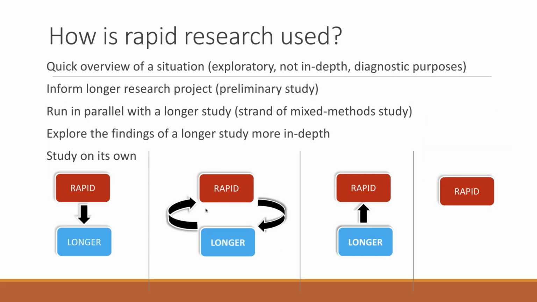Another takeaway message, I guess, is also to think of different ways in which rapid qualitative research is actually being used. And many times we think it's normally just done as a standalone study, as kind of here at the bottom right-hand side. But actually, those different types of designs and combinations, you could carry out a rapid study and then inform a longer piece of work. You could carry out a longer study and then use a rapid study to maybe get a bit more depth in terms of some of the findings, or clarify some of the findings if that was required. You could also be running these in parallel and include different types of feedback loops in your rapid study to inform some of the work that you're doing in the longer study as well.